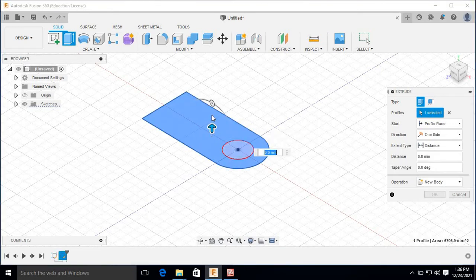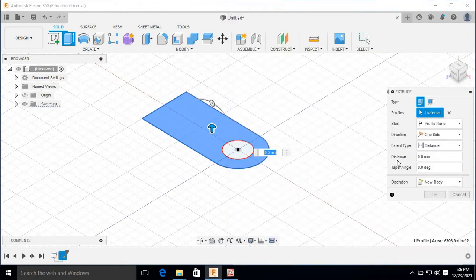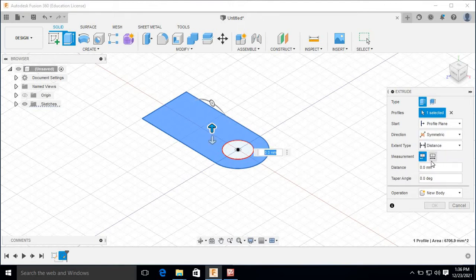By default it will take the upward direction, but for this model we will create this part by using the mirror command, and for that purpose we need one plane at the center of this part. So I need to extrude this part 12.5 above and 12.5 below, symmetric in both directions, so that the plane will be at the center. So here I will select symmetric and I will enter the whole distance, that is 25.